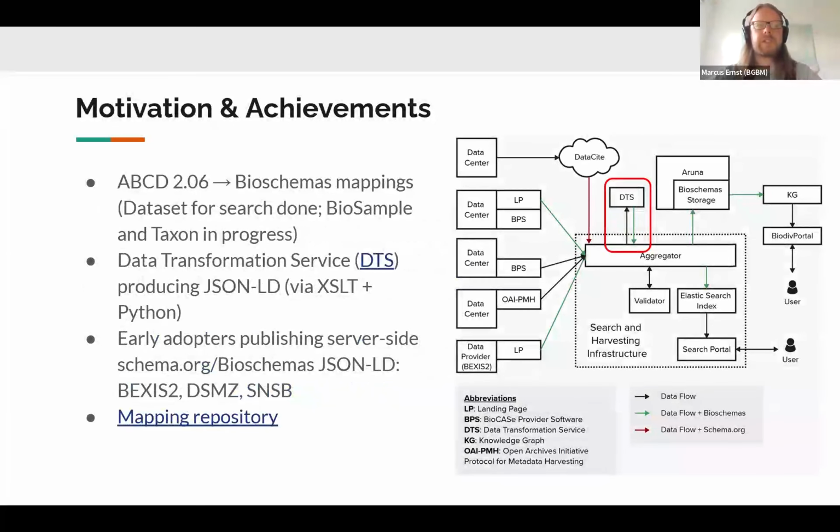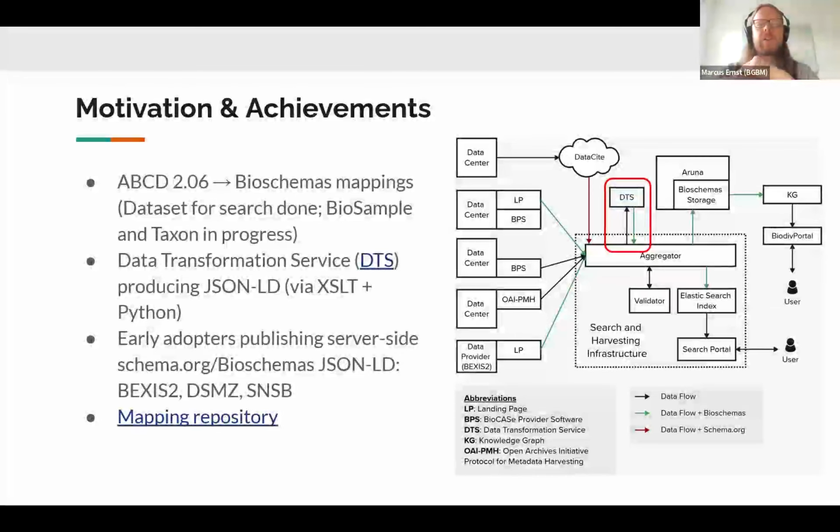From a technical side, we have already produced ABCD 2.06 Bioschemas mappings for a specific dataset search use case, while mappings to BioSample and Taxon types are currently in progress or finalized but not implemented yet.